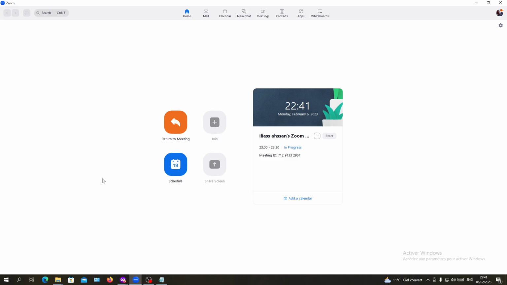Today I'm going to show you how to keep your meeting participants muted in the meetings. So first you will need to open your desktop client and sign in to your account